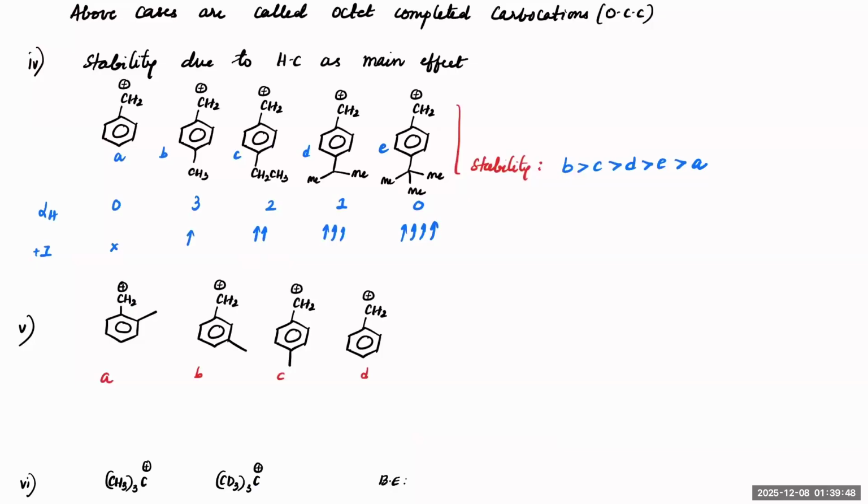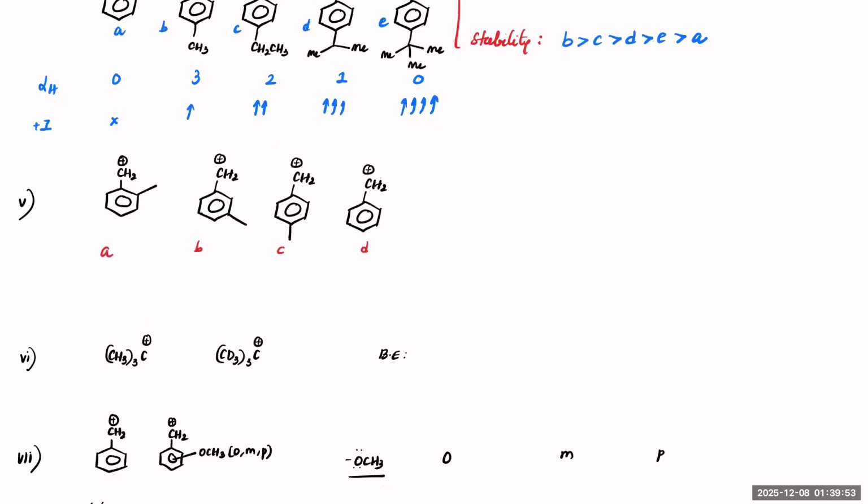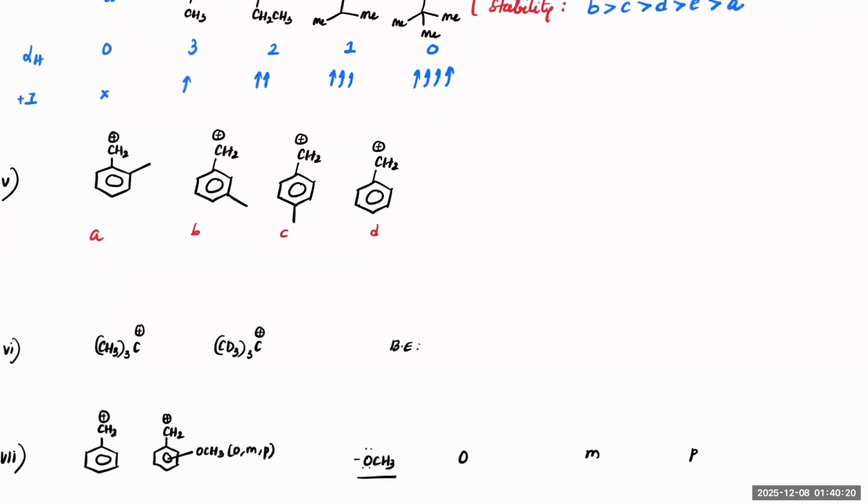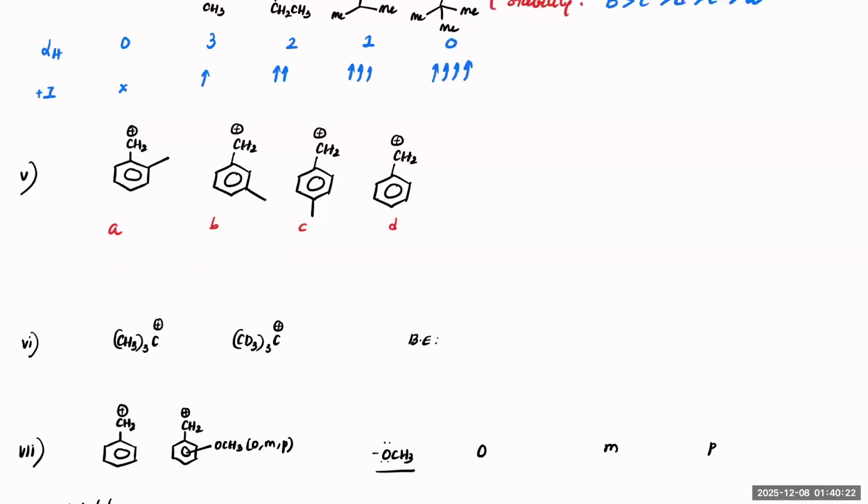Everybody clear with the fourth case? See the next one. There is a carbocation already present. One methyl is pushing here, one methyl is pushing from here, one methyl from here, nothing. So if you compare the stability wise, this methyl is much closer towards CH2. That means its plus I is more effective than the plus I here and the plus I here. Okay. And other than that, if you compare the stability alpha hydrogen wise, you notice that this is